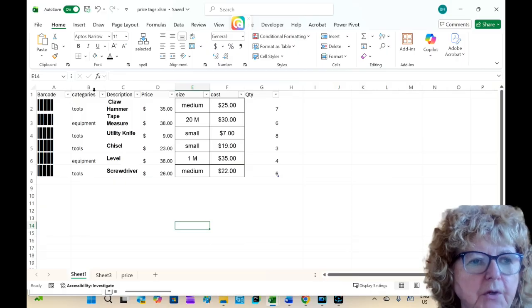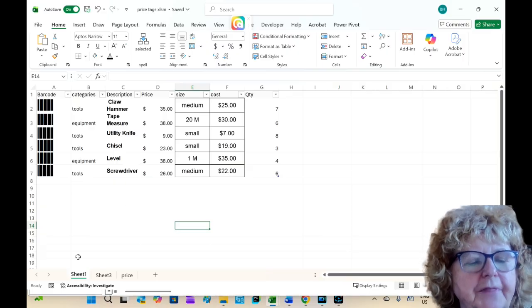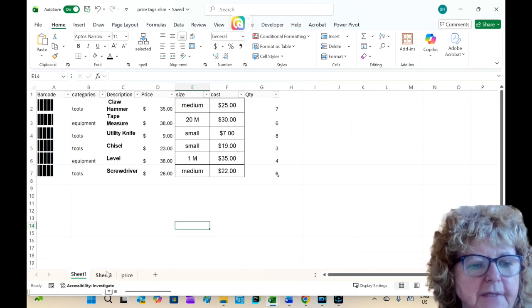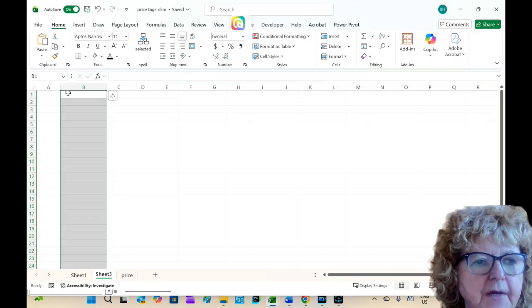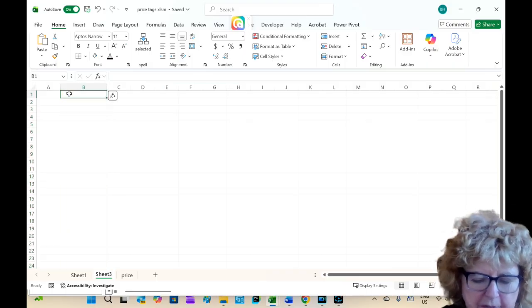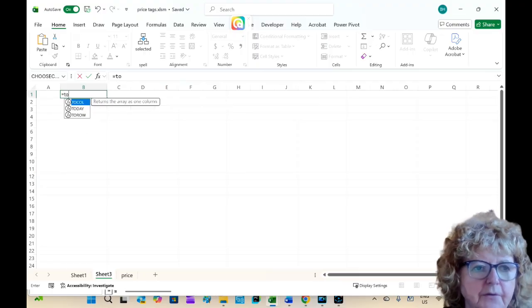want. So we want the barcodes, the categories, description, price, and possibly the size. And we're going to put them so that they're listed so that they're going to create price tags. So let's go to the next sheet, and I've got the column wide enough for most of my stuff. So I'm going to go equals TOCOL, and there's my